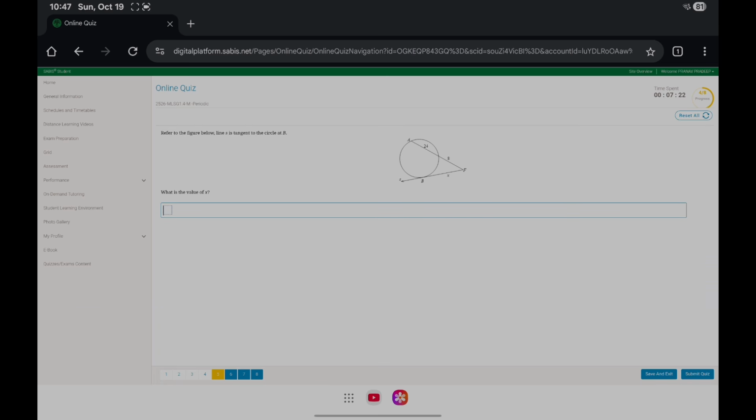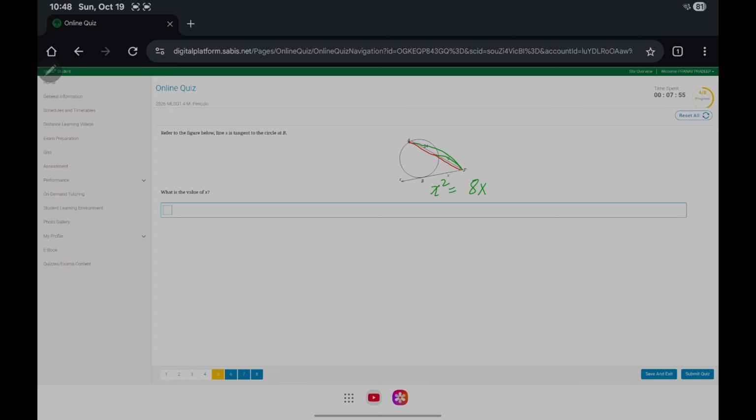For this question we have to do the same thing, but line S is a tangent and AF is a secant. So the theorem states that x squared equals 8, this segment, times the addition of this and this. That's going to end up with